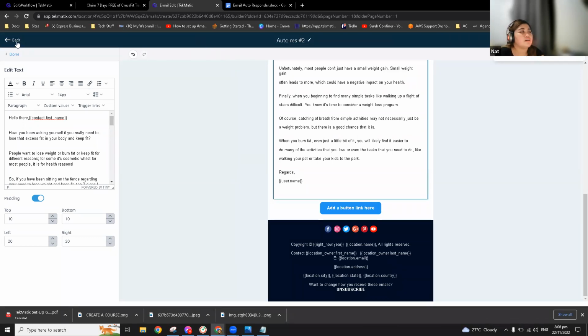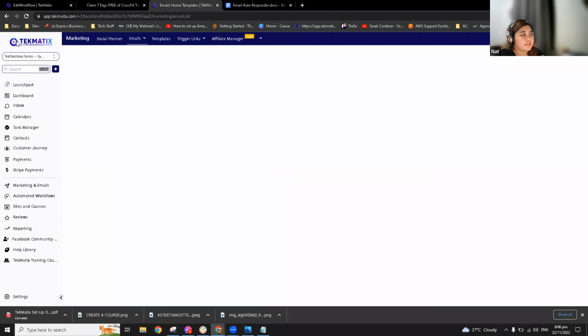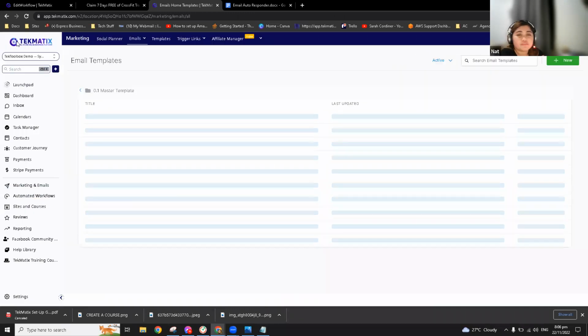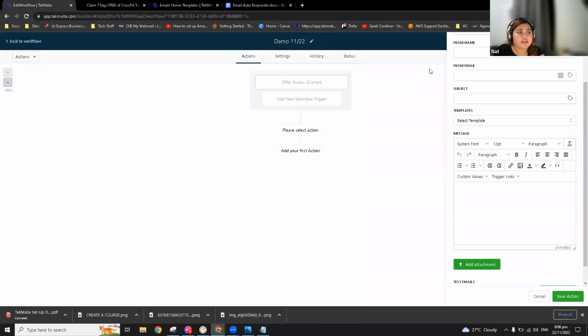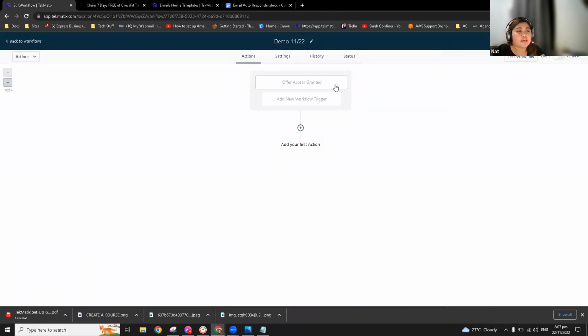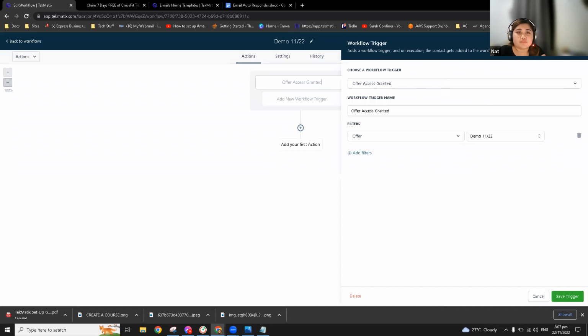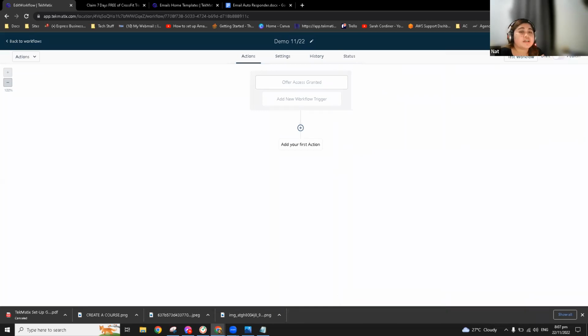So since we got all the email builder ready, we can now hop onto the workflow to create the actual flow. So for now, we actually have it here, right? With the main trigger as when someone was given access to a specific offer, which is basically the demo 1122, which we just created earlier. So let me just save it and do a refresh to make sure it got all the updated data since we just created the email. So just wait for that.